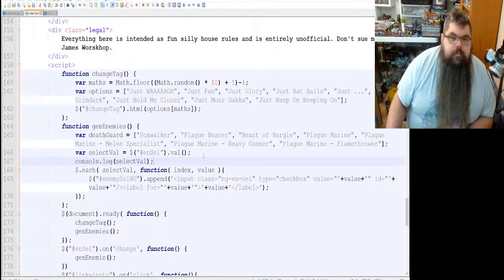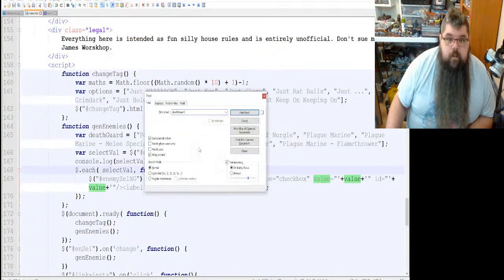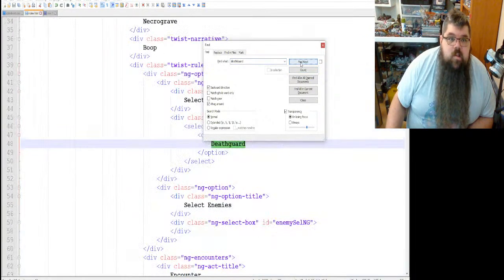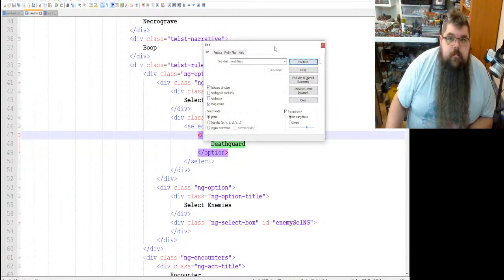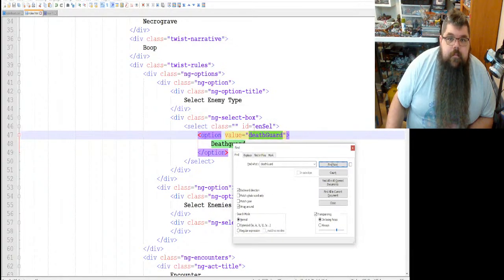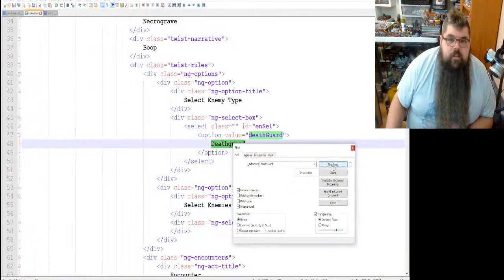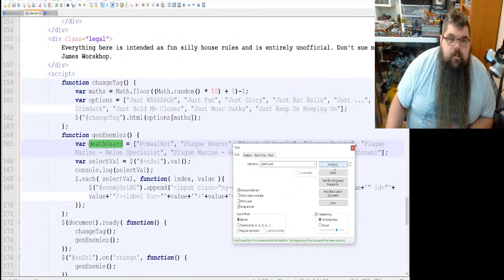That's what we want. Okay. Why is there only one match of the word Death Guard like that? That's not good. No, there's value, Death Guard, Death Guard, Death Guard, Death Guard, Death Guard. Okay.